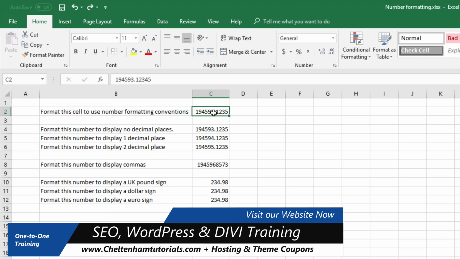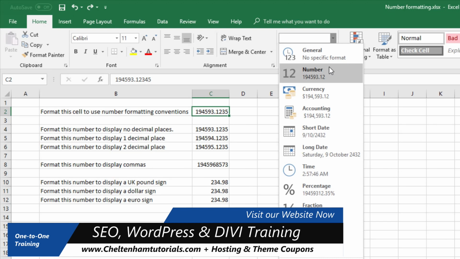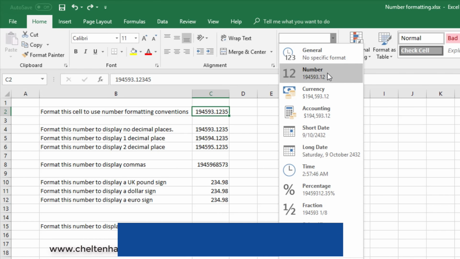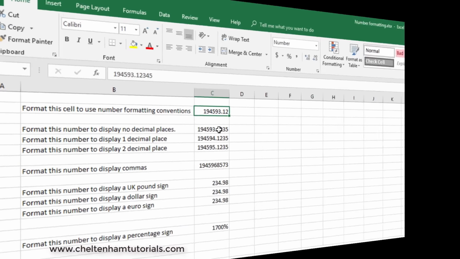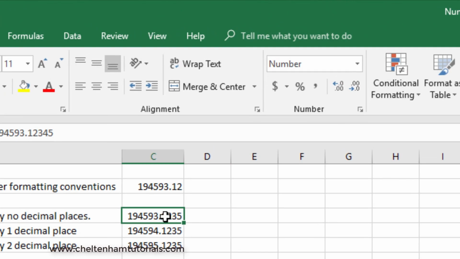Originally it looked like this. If I go back and redo it as number, you'll see instead of the 4 decimal places, it now has 2 decimal places. So by default within Excel, numbers will display with 2 decimal places. Obviously you can change this, but that's the default. In this case here, this has been formatted as number, so you can see it's a number, and it's displaying